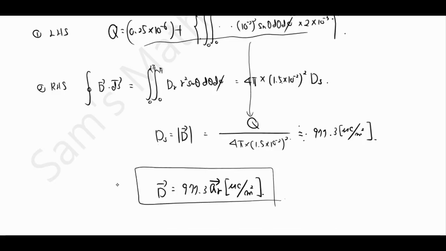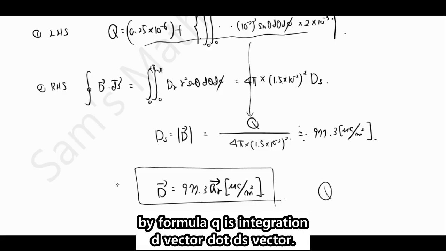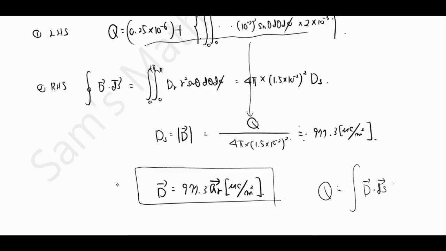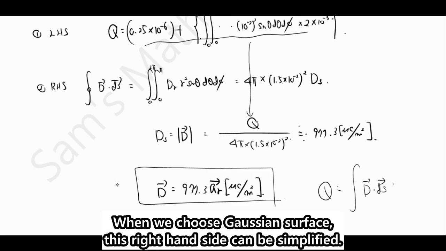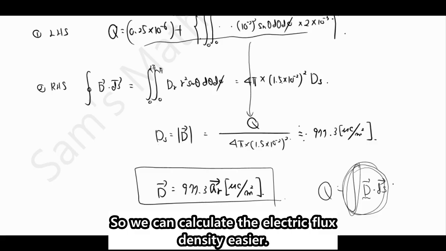So today we discussed how to find electric flux density by the formula Q is the integration of D vector dot dS vector. When we choose a Gauss's surface, this right hand side can be simplified. It means the integration disappears and the magnitude of D vector is constant, so we can calculate the electric flux density